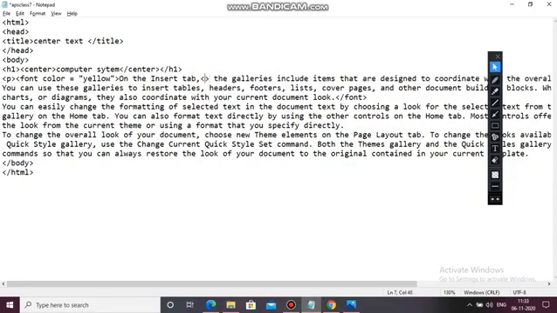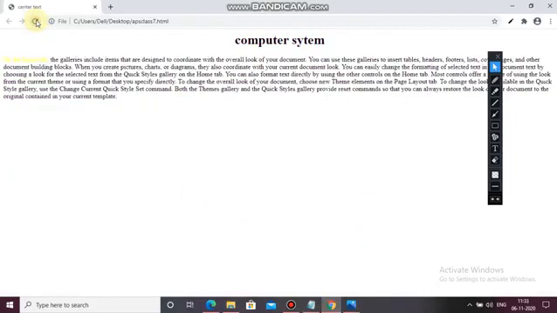Then backslash font. From here I am just removing it. Control S. Let's see, the color changed to yellow.